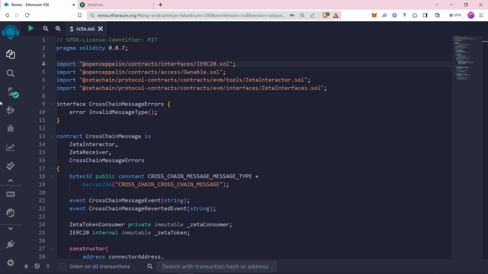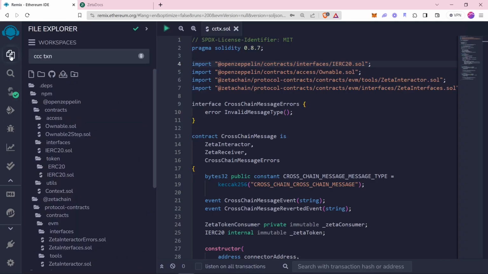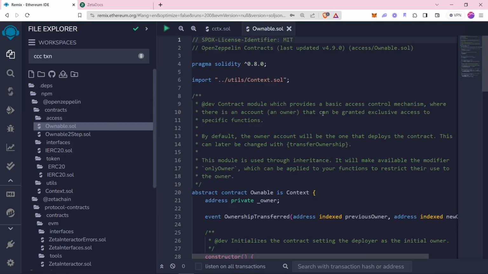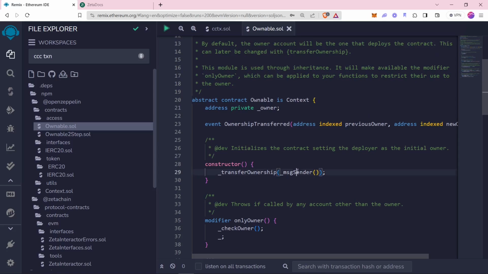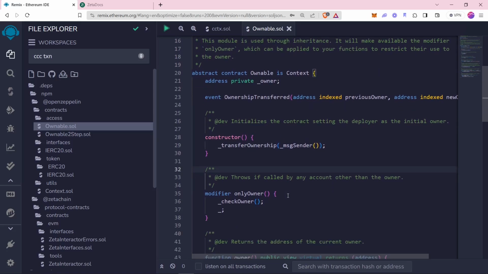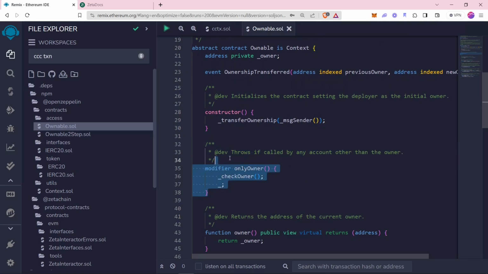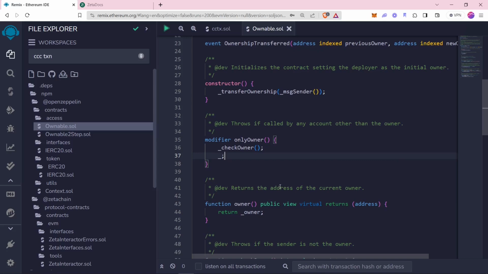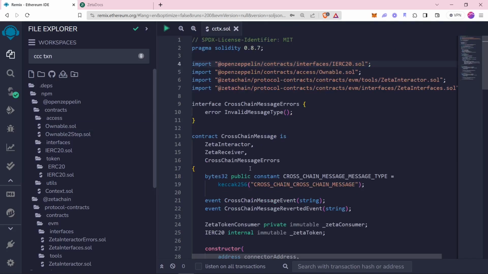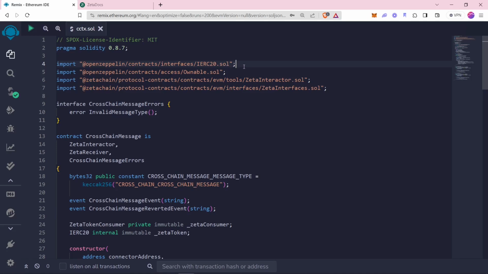If you want to check it, let us check it, okay, so that we can get to know it in detail. Not much, we'll just have, if you see up right here, who will be the owner of this contract, and who will be interacting with it, okay. Here in this case, the deployer will be the owner. We'll not be using it much. If you can see, we haven't inherited it up right here, just imported it so that other things can use it, okay. Just kind of who will be the owner and who will be using it, you can say kind of access modifiers, who has the right